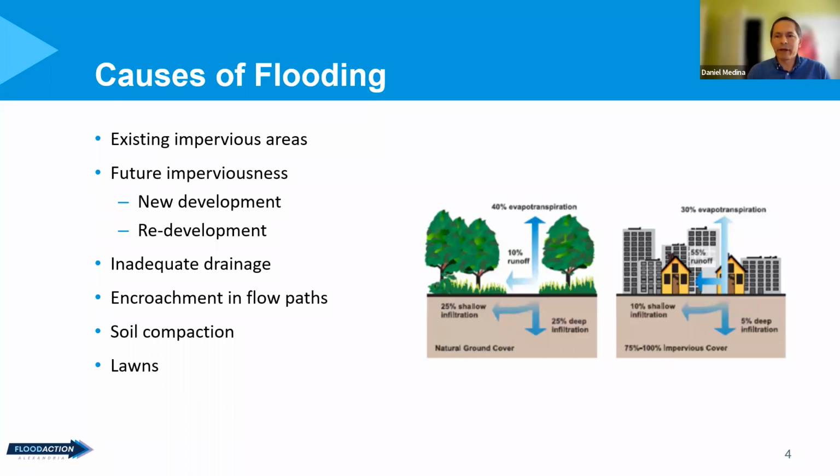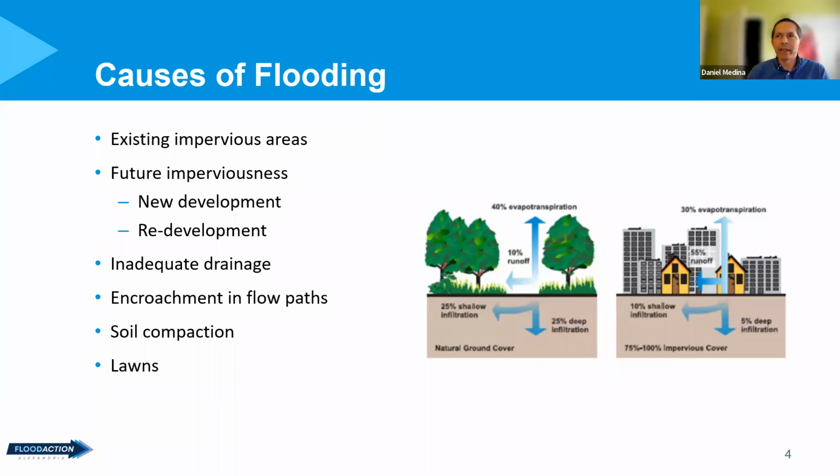Soil compaction is another factor. Every time we build something, we bring heavy equipment, and that's just going to squeeze the ground until it becomes compacted, and water cannot get through compacted soil. And in connection with that, lawns. We think that lawns are a good thing because they're vegetation, but the truth is that lawns, being the largest crop in the Chesapeake Bay area, believe it or not, are not great to absorb water. What we need is something more active, something with deeper roots, native species. So replacement of lawns will go a long way to reduce the amount of water that runs off the land